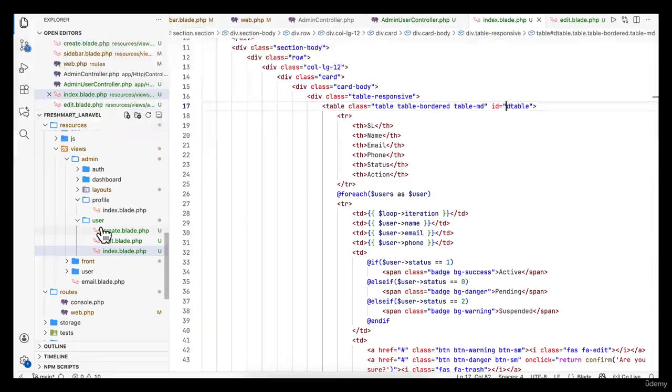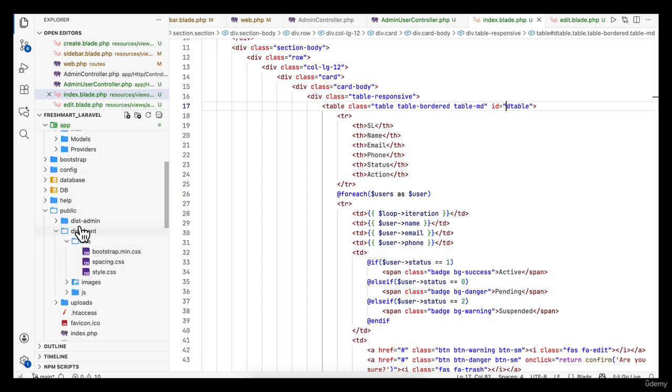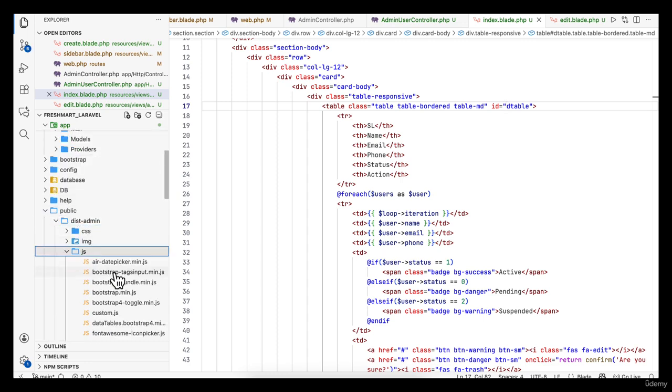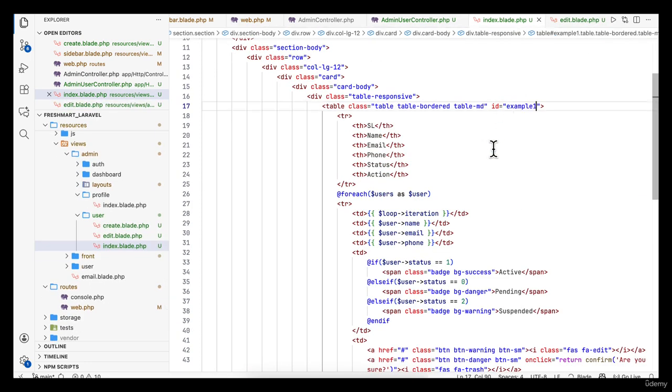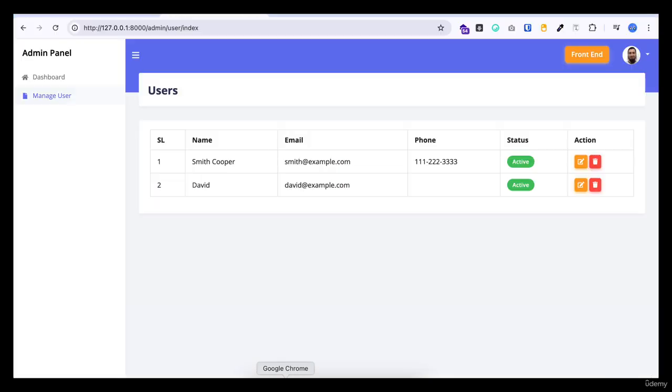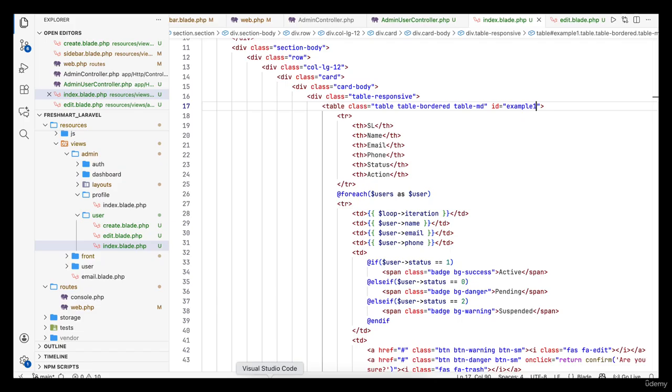No, it is not working. So let's check it now. I am going to the public dist admin javascript custom js. It is example 1. Okay, but id equal to example 1, table class equal to this one. So what is the thing here? I am going to write id equal to example 1 and tr th tr td. So table bordered,